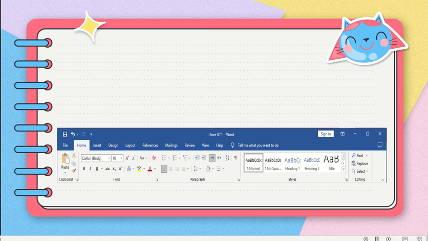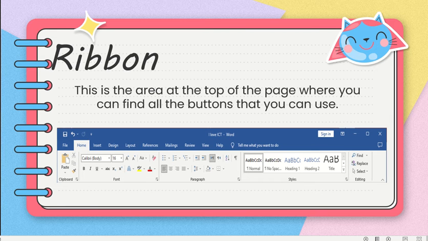So, before moving on to the topic, let's see. What is this image? Have you ever seen this image on Microsoft Word? Yeah. So, what is the image called? This is called the ribbon. Okay. What is the ribbon? This is the area at the top of the page where you can find all the buttons that you can use. Here we can see the Word screen